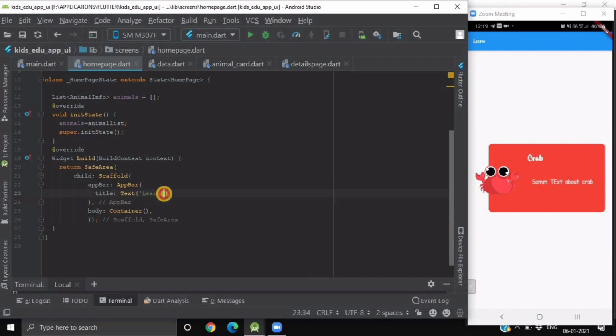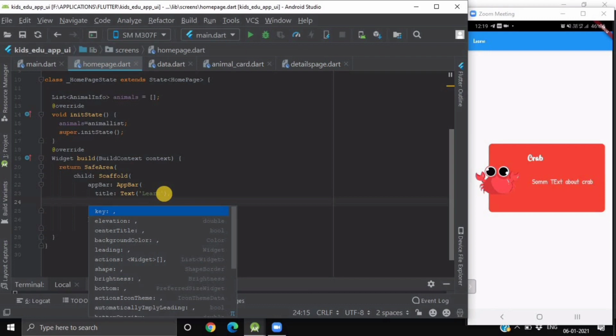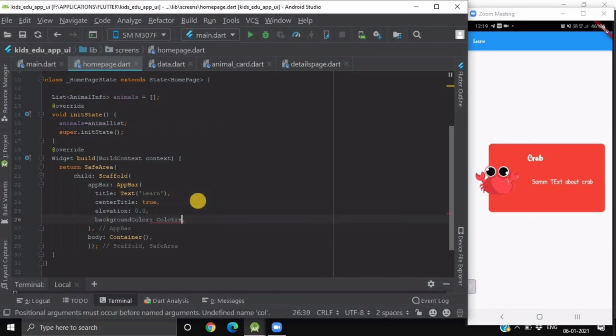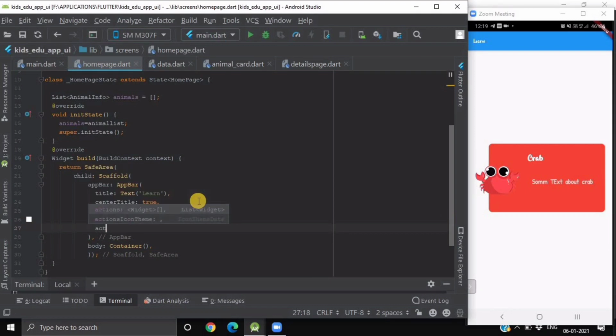So for that we'll provide center title equals to true, so our title will be in the center. We will give it elevation 0, and we'll change its color as well. We'll provide white, and we'll also provide some actions.